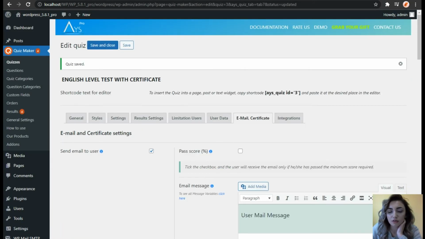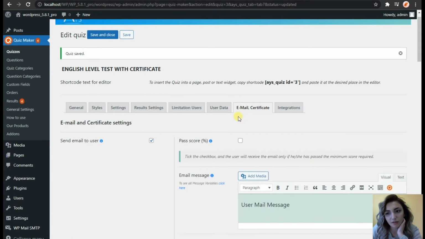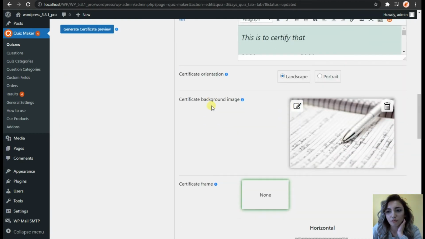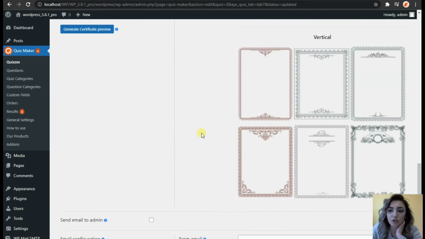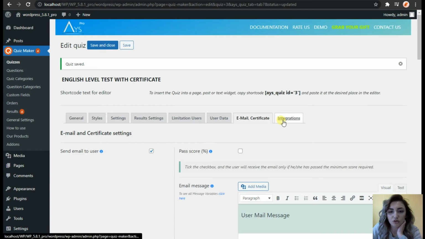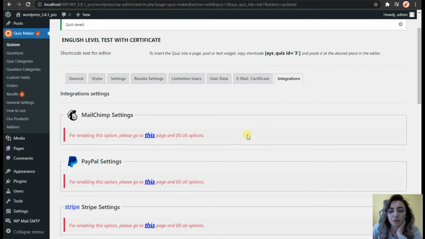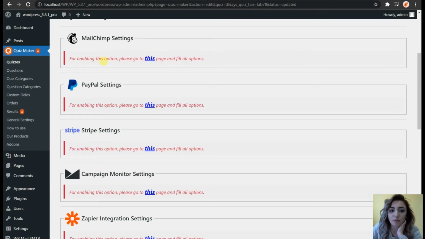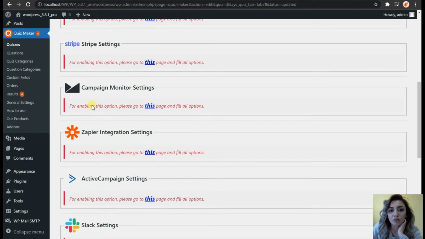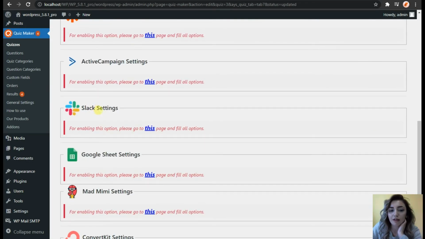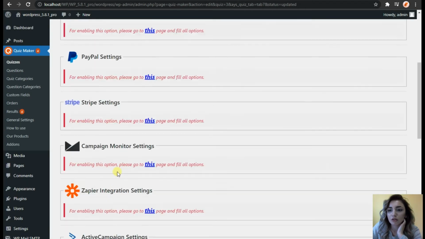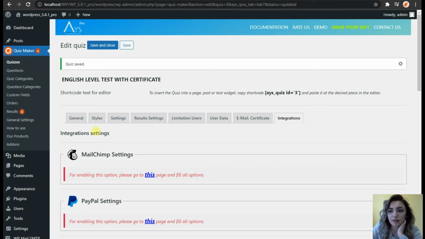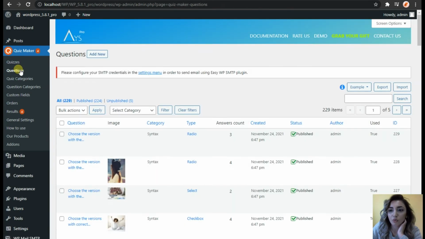We have already gone through the email and certificate based functions needed for this particular quiz, but you may also choose other functions available. Also, there is a separate section for integrations, including PayPal, MailChimp, Stripe, Campaign Monitor, Zapier, Slack, Google Sheet, and many other integration options. This plugin is really very user-friendly, and as I have promised, we will go to the question types section,